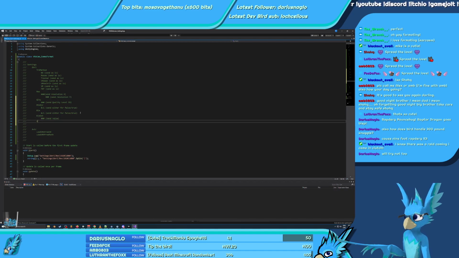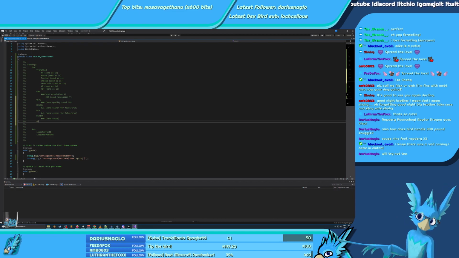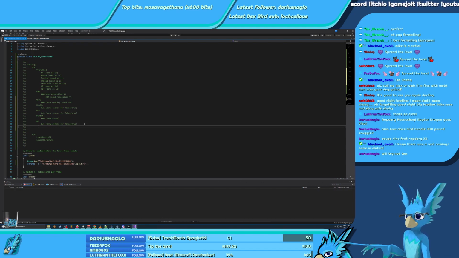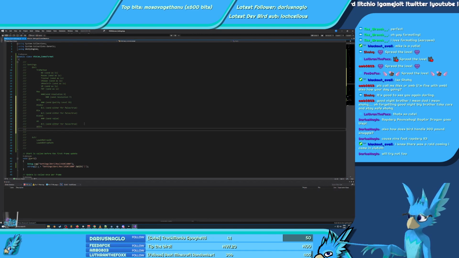Then there is AO, which is ambient occlusion, which I'm gonna send as 0 or 1 to turn it off or on, and AO intensity, where I just want to send the value. Okay, I think those make sense.